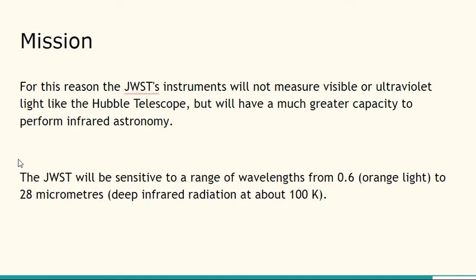For this reason, JWST instruments will not measure visible or ultraviolet light like the Hubble telescope, but will have a much greater capacity to perform infrared astronomy. Why infrared? I will talk about this in a later slide. The JWST will have a sensitivity range of 0.6 micrometers, which is orange light, to 28 micrometers, which lies in the deep infrared